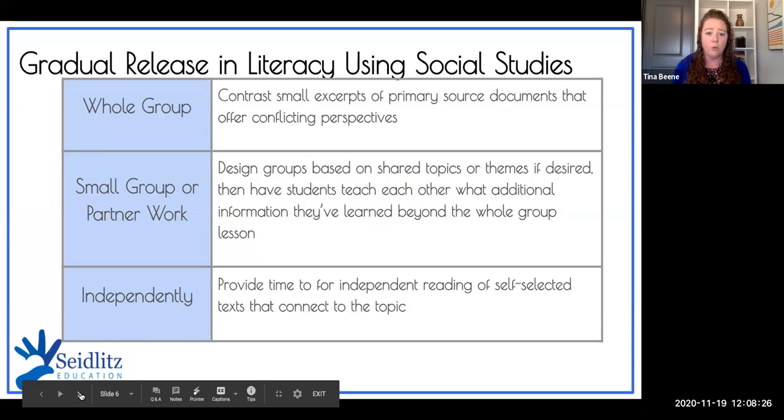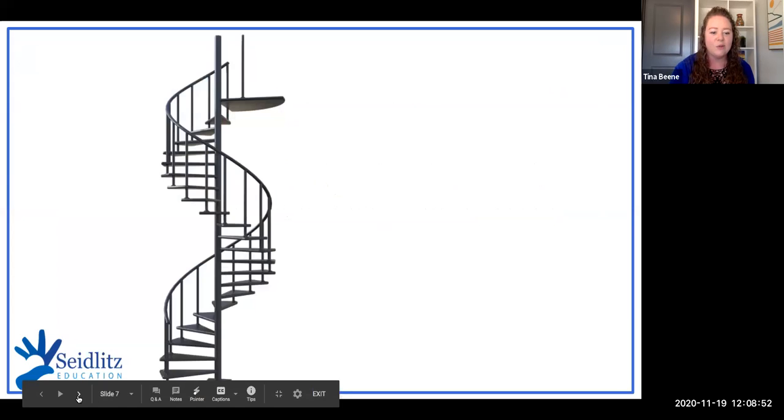So we start with a whole group idea and we have a whole group discussion. We kind of set some expectations and some basic norms and a basic shared understanding. Then we go into small group or partner work in whatever way that looks for you in your current learning situation. And after that, students have an independent expectation. But that independent piece only comes after we've had some type of collaborative piece and also some type of whole group experience. All right. So let me tell you kind of how I see that in the classroom happening now.